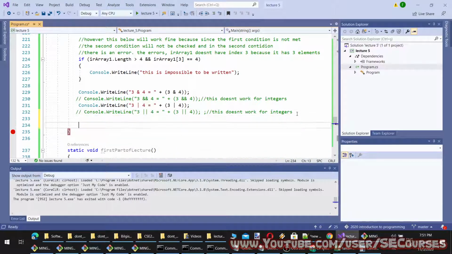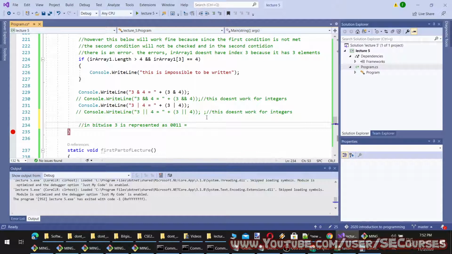In bitwise, 3 is represented as 0, 0, 0, and this will be 1 and 1. Why?